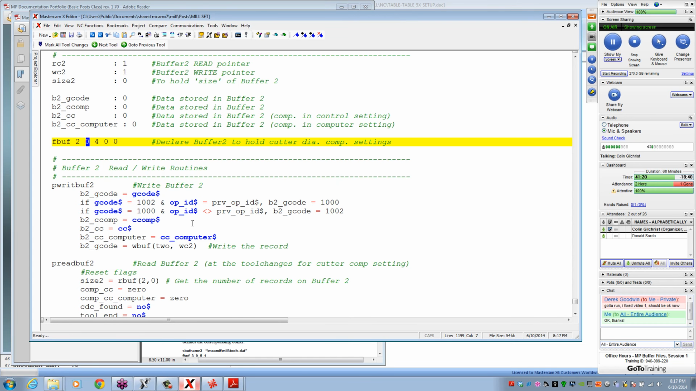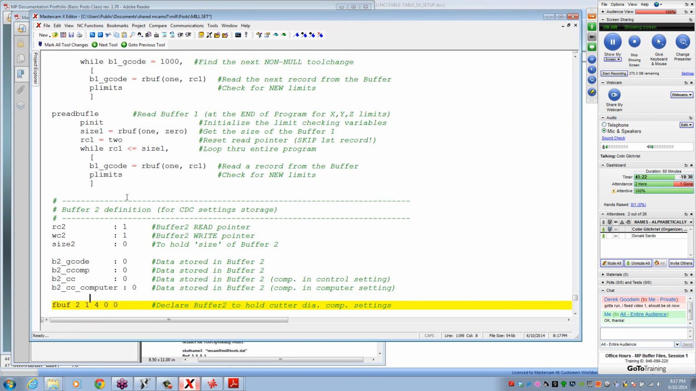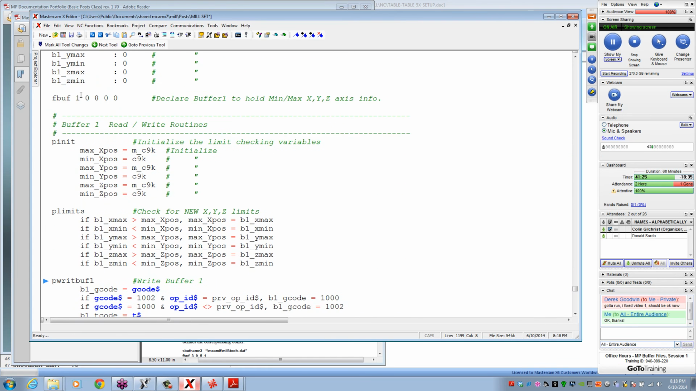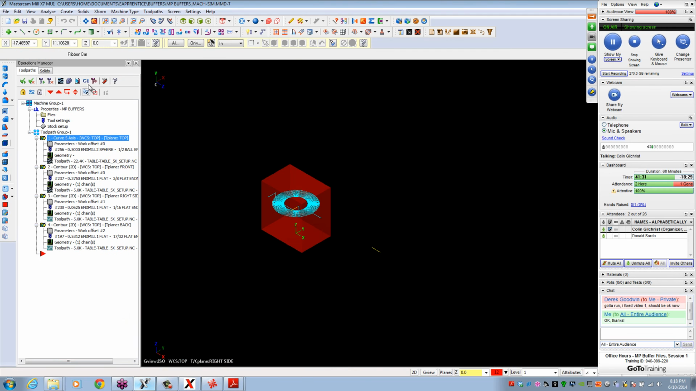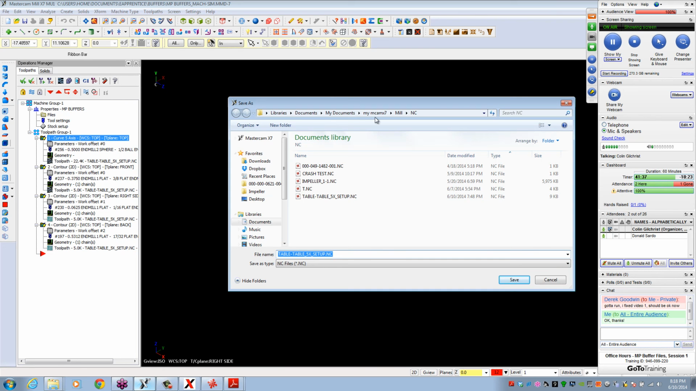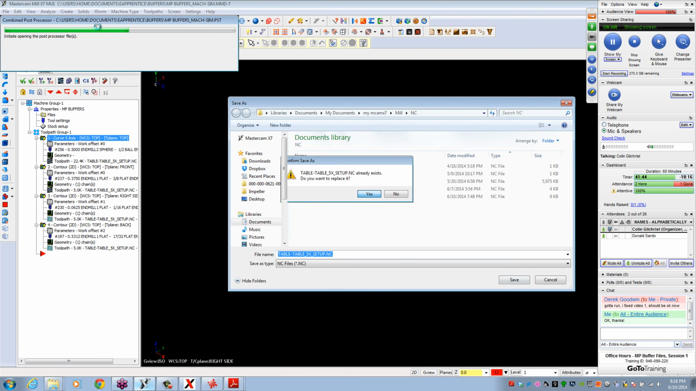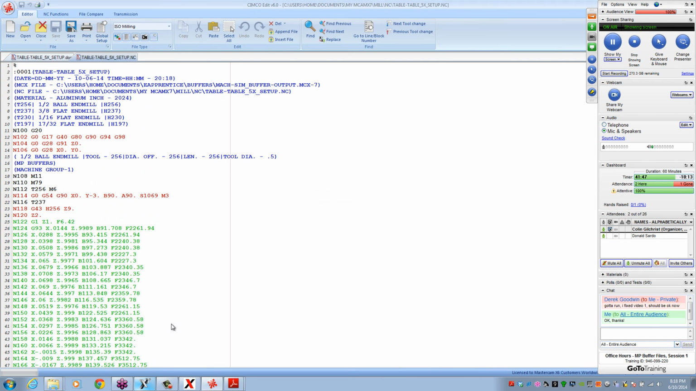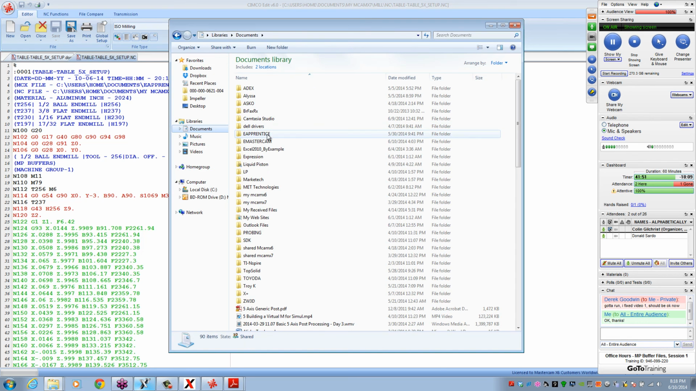One of the things that we can do here is just turn on these keep flags. And if we now run that, let me see where it's posting to. So it's posting to my MKMX7 mill NC, and if we go look there,